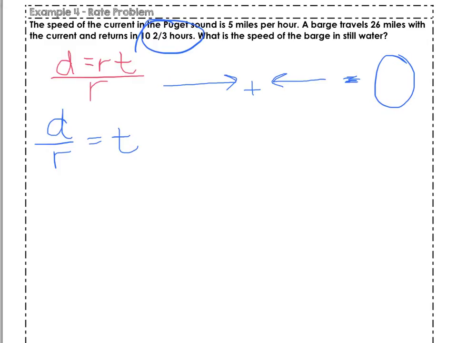okay? So when we first are going with the current here, the current is just going to help us. It's going to make us travel faster. That's why our rate is going to be r plus 5, because we're going even faster. But regardless, we're going to be traveling those 26 miles. When we're going against the current, it's going to be taking away our speed. That's why we're going to take away the 5 miles per hour. But once again, we're still going to stick to that 26 because that's the total amount of distance, which is